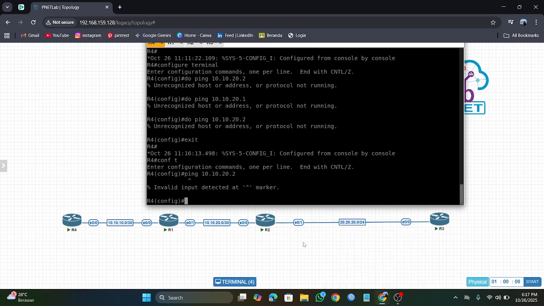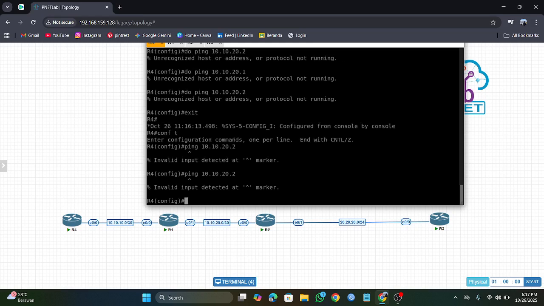Okay guys, sorry, there is some trouble. This you can tap, not do, this, and enter.